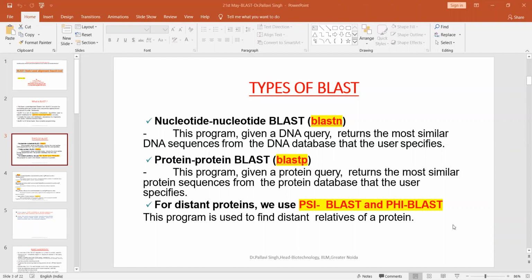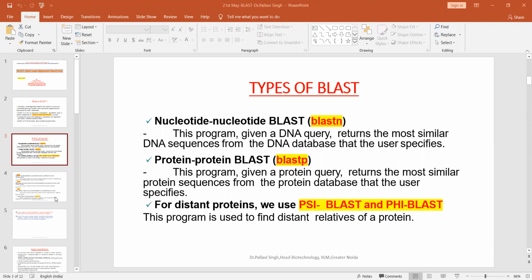So that is your PSI-BLAST, and iterations means I repeatedly do this again and again. But in case of PHI, it's not only a particular position, it's a particular pattern having a greater number of amino acids. So I hope it's clear that for protein, we use two kinds of BLAST. Our main BLAST is BLASTP, and for distant homologs, we go for PSI and PHI-BLAST.